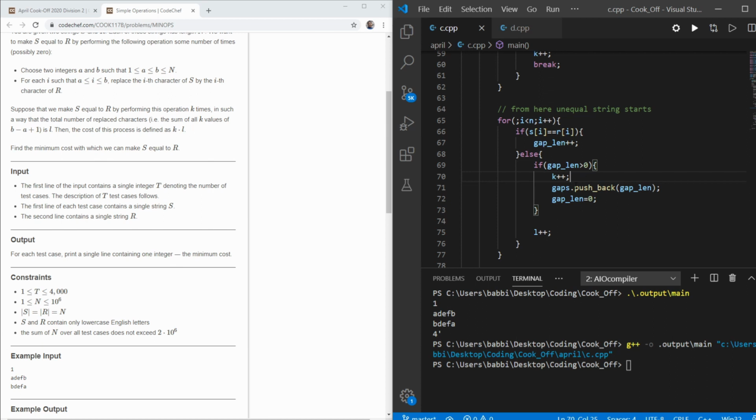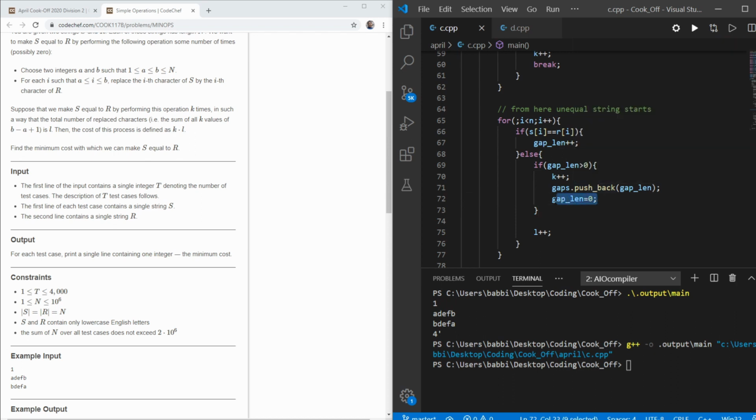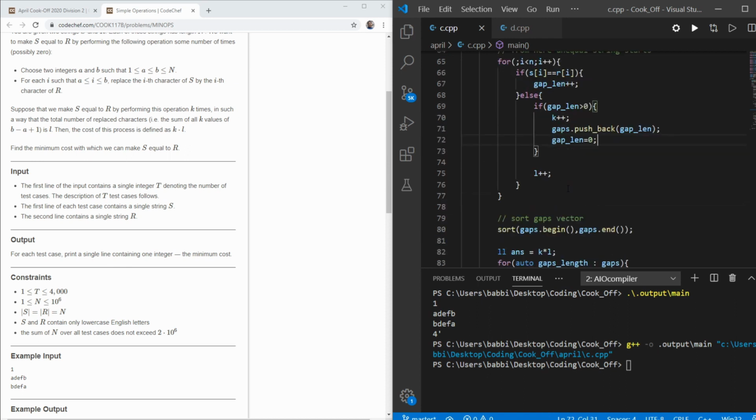So I increase my K here, because I found a new group earlier. Then, as the length of the gap is bigger than 0, I will push it into my vector called gaps, and as it might happen that in the next step elements again become equal, I will reinitialize my length of the gap variable as 0.